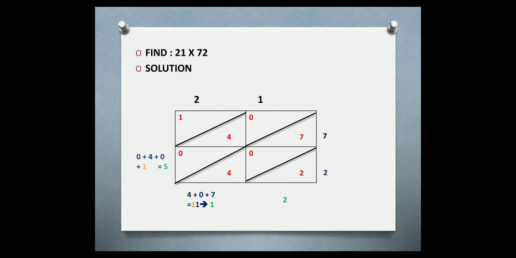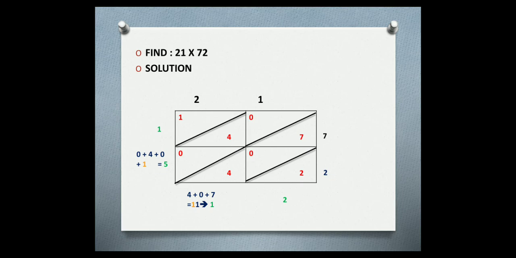Yes. Now you see, the next diagonal I have 0, 4, 0. Along with that, the carryover 1 from the previous diagonal will also be included. So I'll get my answer as 5. And the last diagonal, my answer is 1. So did you see? Was that easy? For your understanding, I have represented it in a different color. The carryover I have represented in orange color so that you don't get confused about why that 1 is over there. Okay, fine.